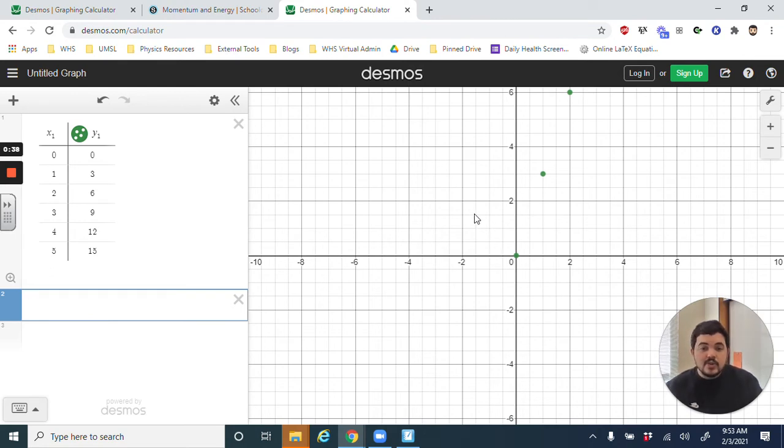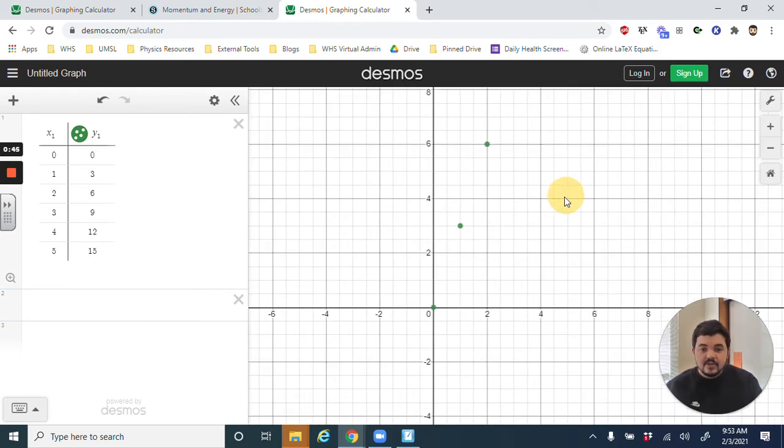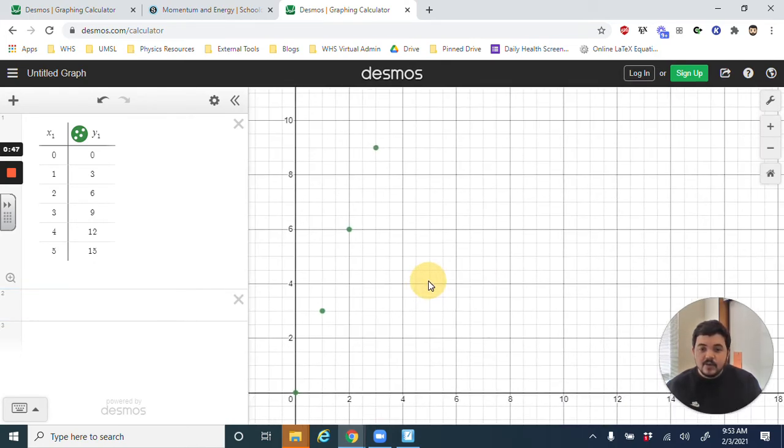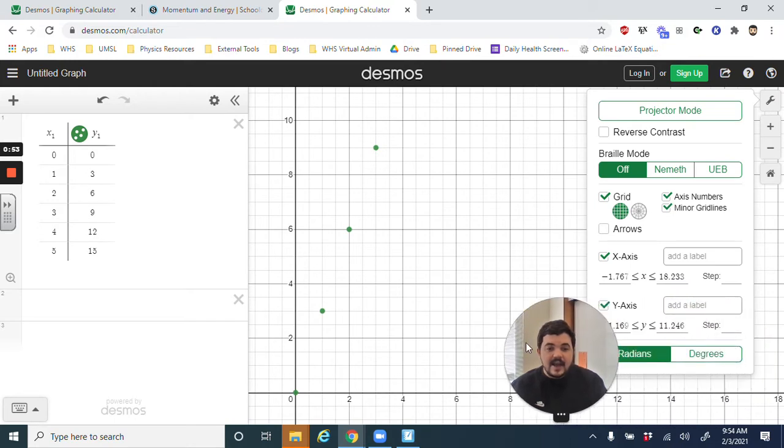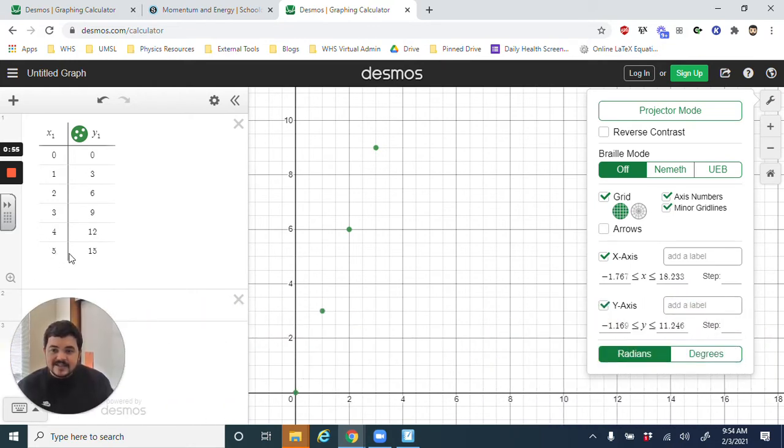We are going to want to rescale our axes so that the data takes up most of the page. To do that, I'm going to click and drag to bring the origin to the bottom left corner. And then this wrench will allow me to choose an axis scale. I can see that my x data goes up to 5 at the most, and so really my x-axis should,